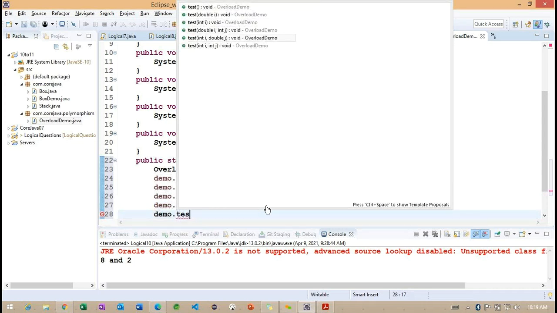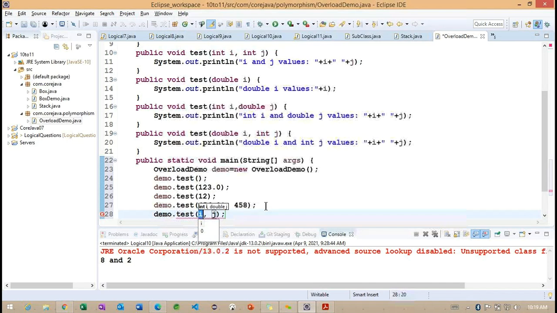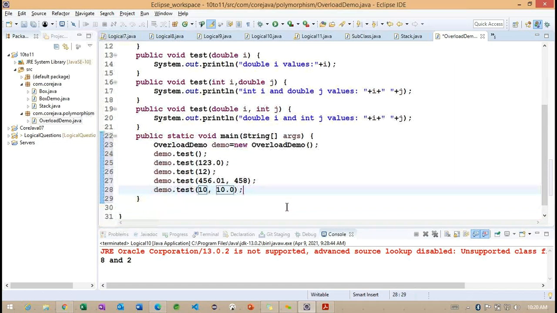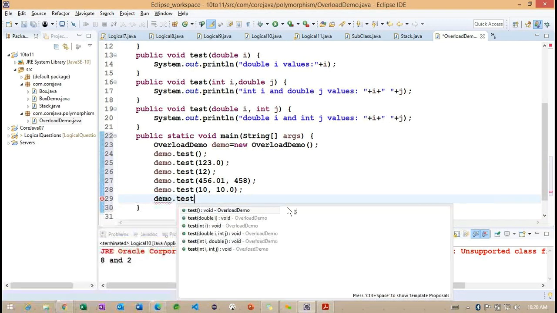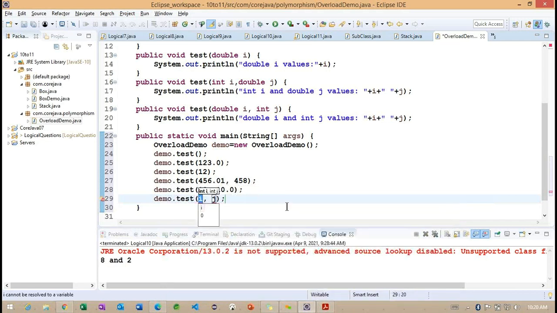In the 5th method you can see the first parameter is expecting an int, and the second parameter is expecting a double. Now I want to give the int parameter, and for the double parameter I want to give 10.0. So these are all about int and double. Later we need to check the final method, int comma int.